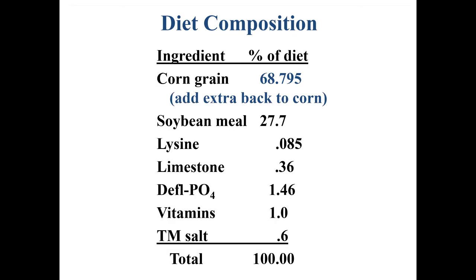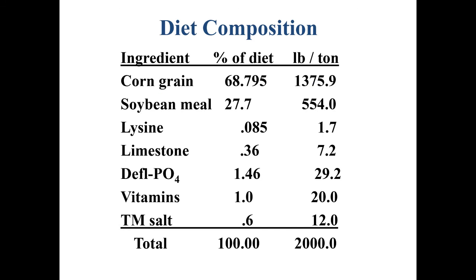Okay, so now we have our table that has a list of ingredients, their percentage of the diet, and then over on the right side, how much of that ingredient on a per ton basis, because remember our original problem. Okay, so there's 2,000 pounds in a ton. Okay, so if corn grain is 68.795% of the diet, 68.79% of 2,000 pounds, or 1 ton, is 1,375.9 pounds. So if we do that calculation for every other ingredient, okay, we have the amount of each ingredient